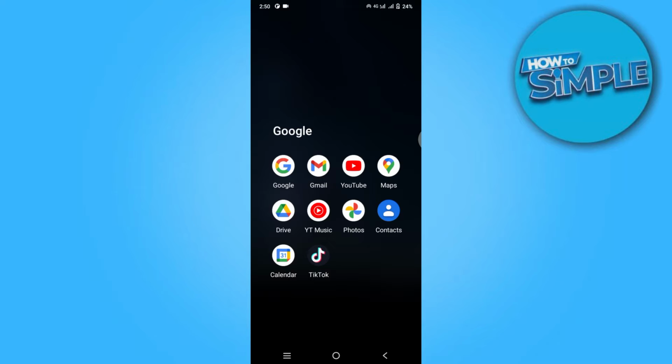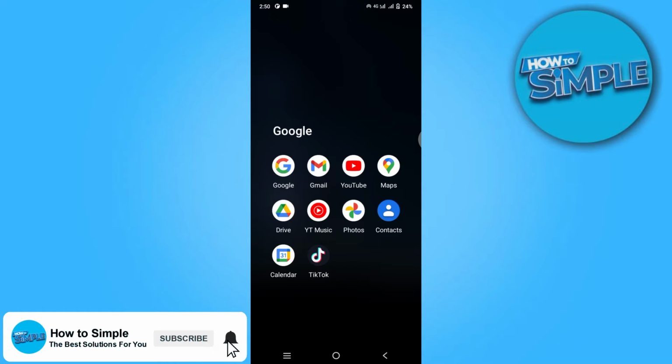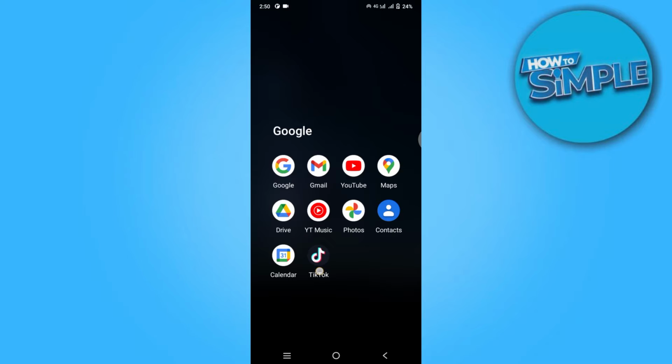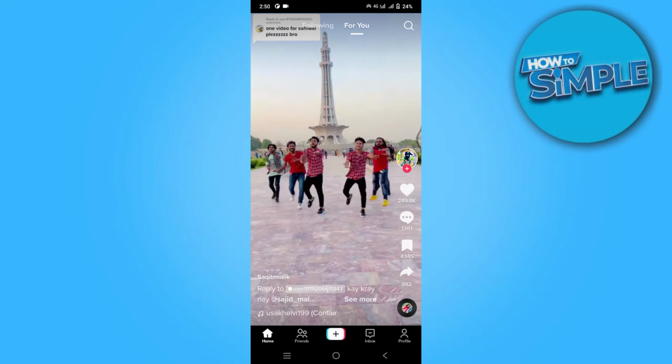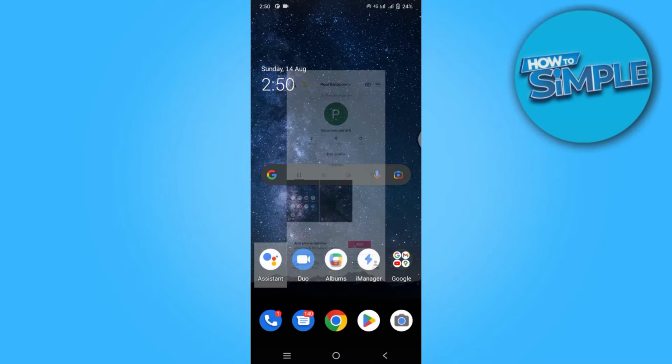In this video I'm going to show you how you can do it easily. So first of all, let's go in our TikTok application. Here you have to just simply go for profile, and if you don't have an eye icon on the top right, you have to simply go to your Play Store